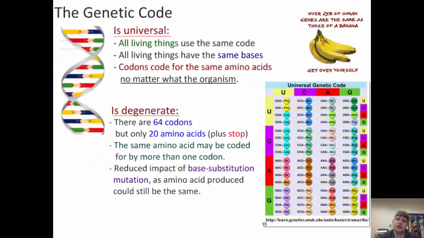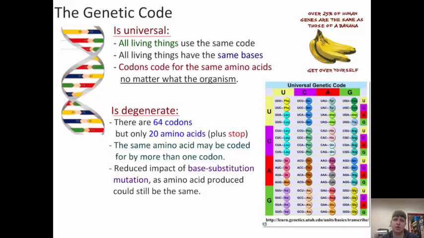So this shows that our genetic code is universal. All living things use the exact same code. They all use the A's and the T's and the G's and the C's. And moving to the mRNA and tRNA, they utilize the U's instead of the T's. They use the same amino acids and anticodon and codon combinations. And it does not matter which organism it is, whether you're a banana, a monkey, a pea, a human, everyone